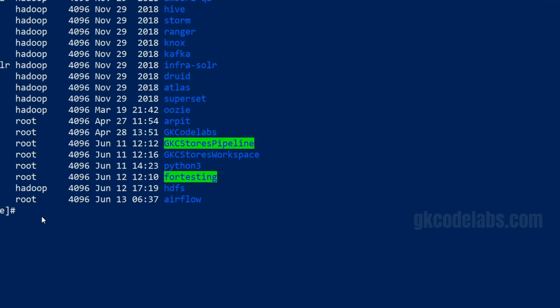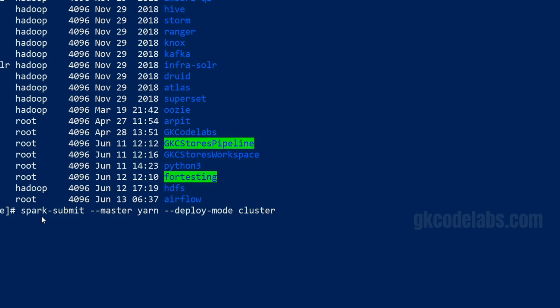The command would be spark-submit, and the master we have to use is yarn, and the deploy mode we are running in is cluster mode, so we mention the same deploy mode cluster.